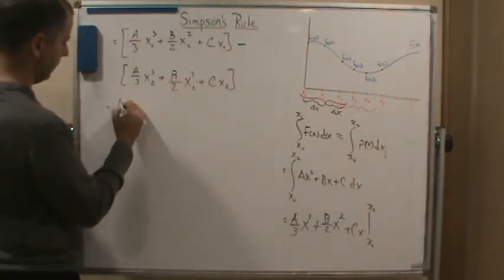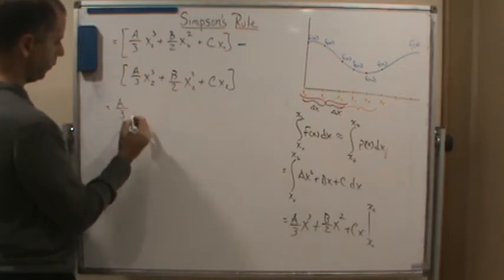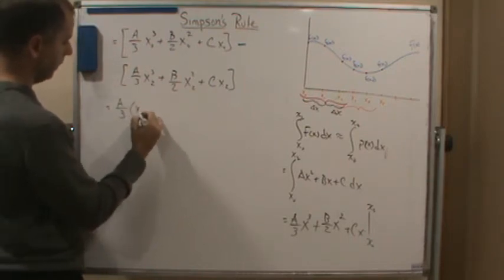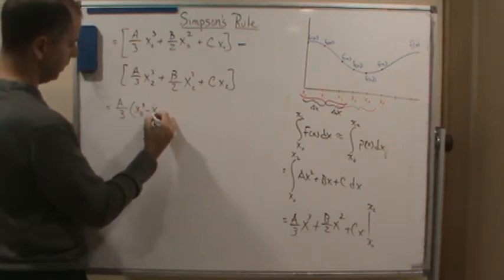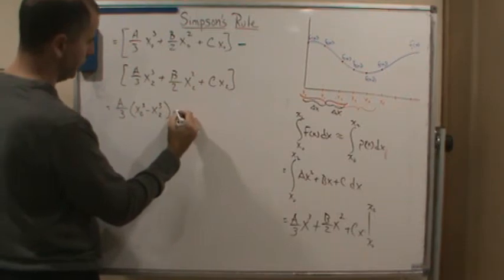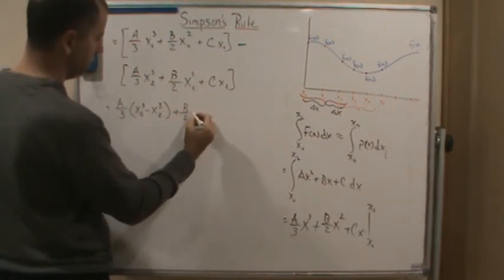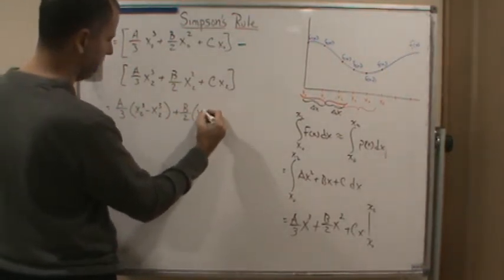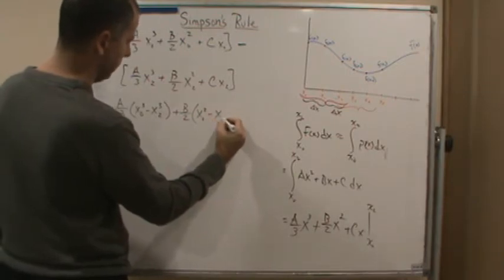We get a over 3 x0 cubed minus x2 cubed plus b over 2 times x0 squared over,